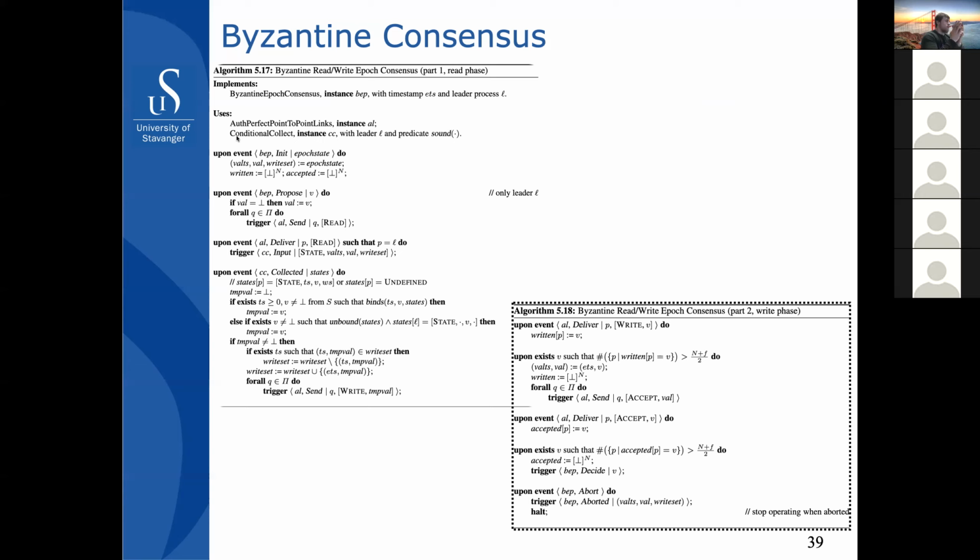In the read phase, it's very similar to the Paxos variant, that we send out a read to get the responses back from the processes that will allow us to send a value in this particular timestamp. So whenever we get a reply back, we, instead of doing something directly,